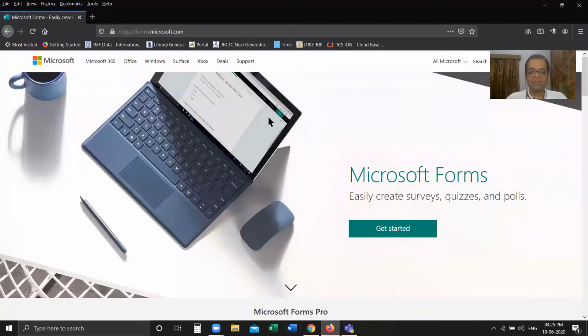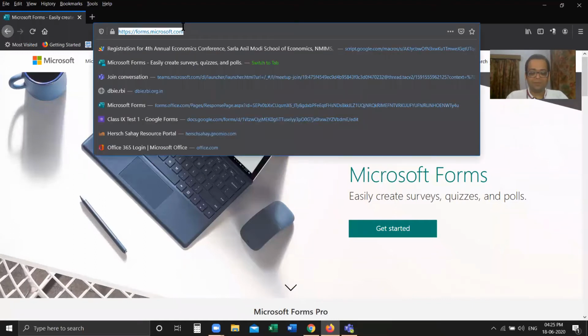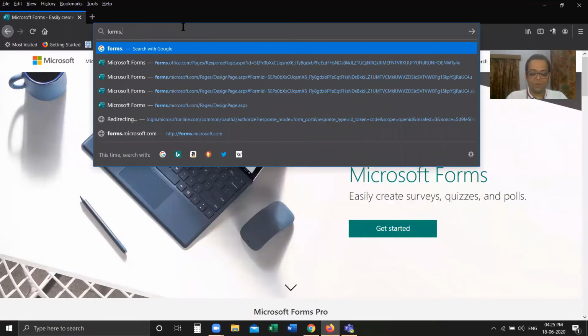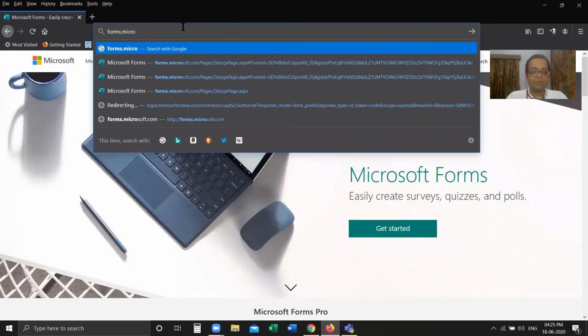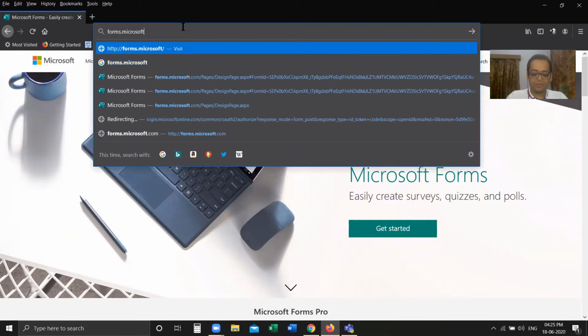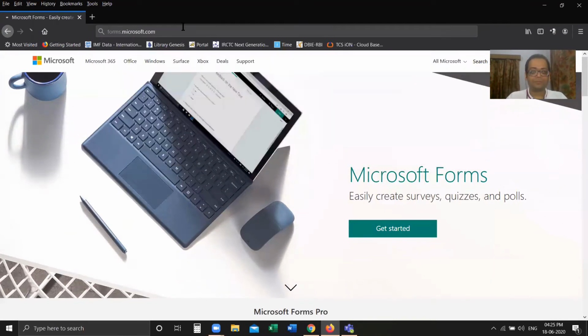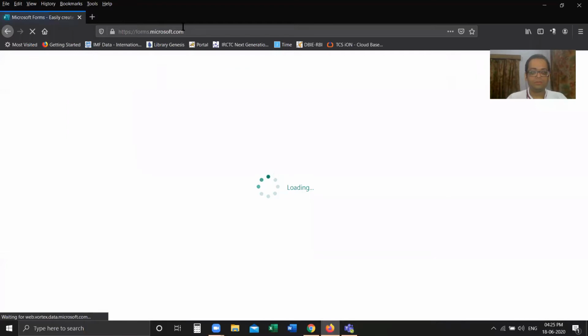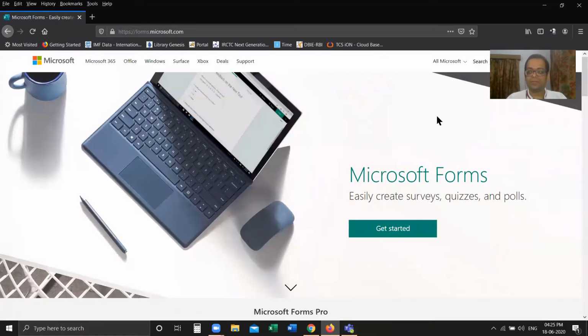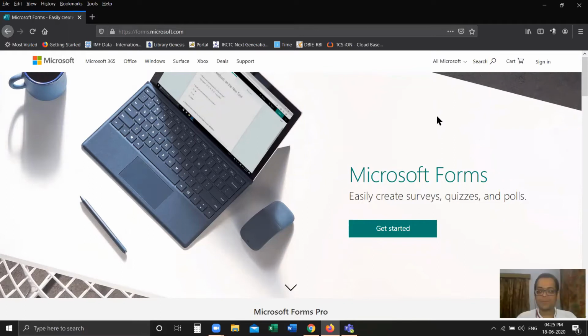To start with, what we have to do is go to forms.microsoft.com. This will open the Microsoft Forms page. And in the top right corner, you can see sign in.